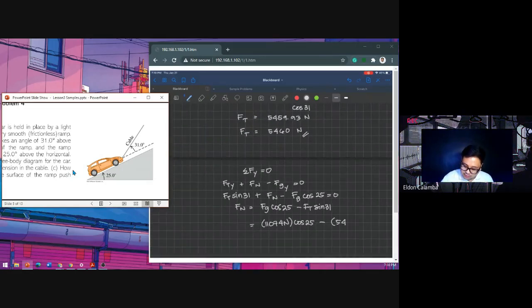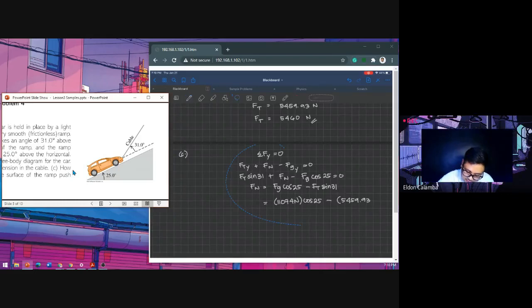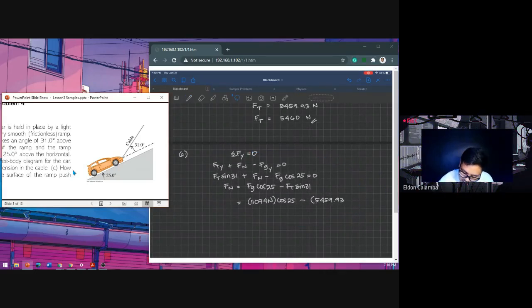So this is 5459.93. Move ko muna ha. 93 newtons sin 31. So Fn, this is equal to 7,224.38 newtons, or the normal force is